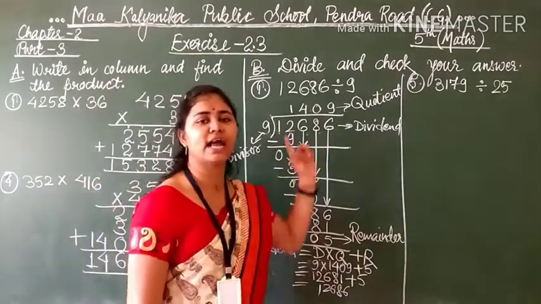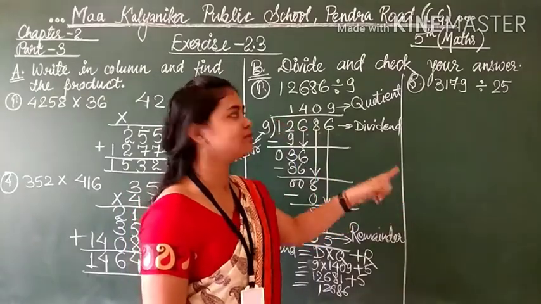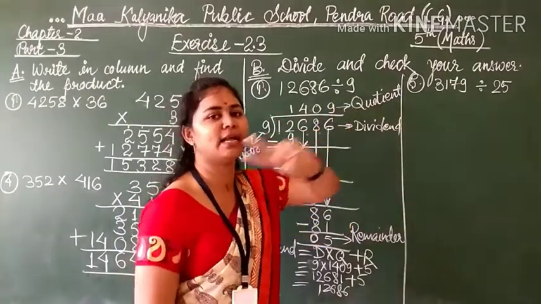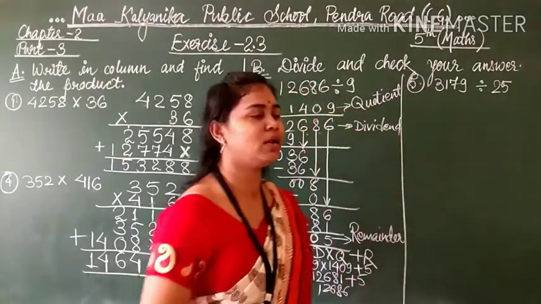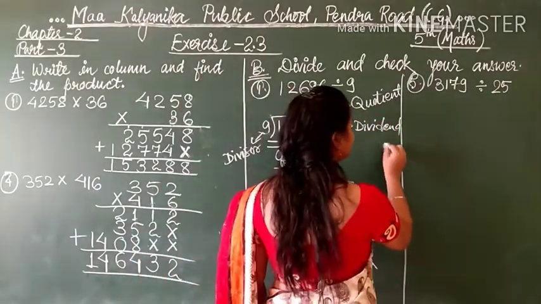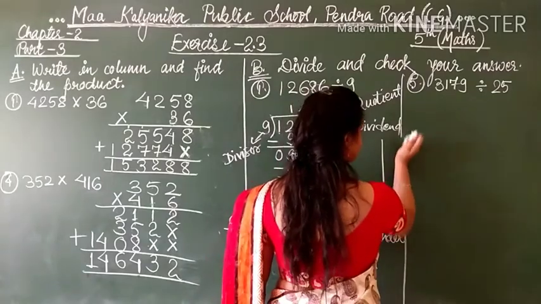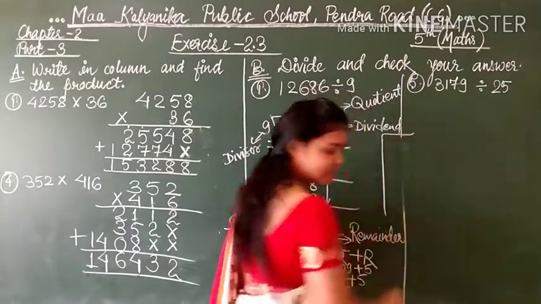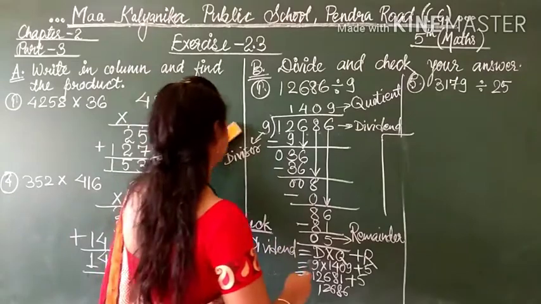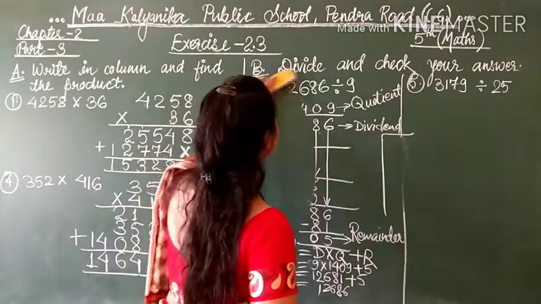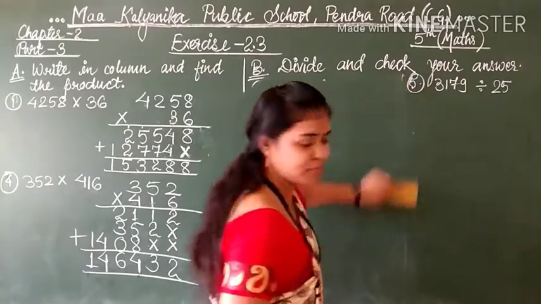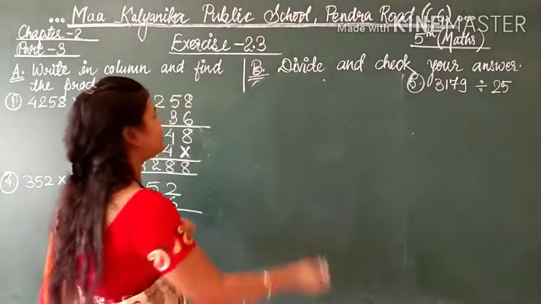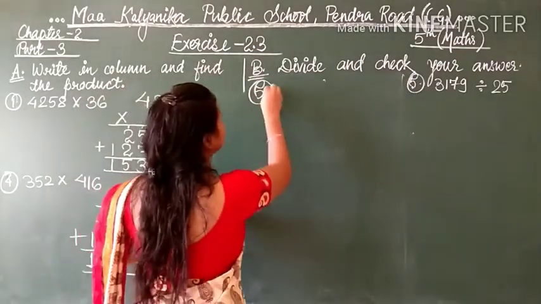So for that reason I am telling you one more question, because this is single digit. I am telling about the two digit now. 25 is there. So you should know the table of 25. Write it down in the rough. Simply I am dividing it for you here. Question number 5. I am not doing 2, 3, 4, you will do those, and the rest you will do. I am doing question number 1 and 5.